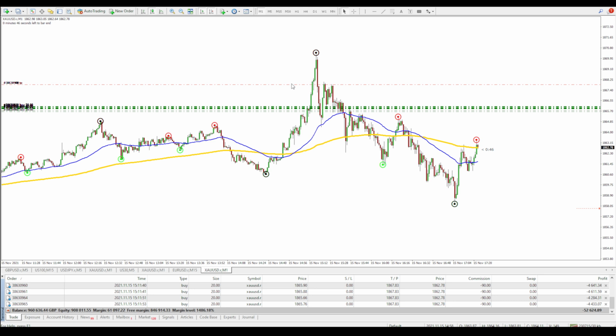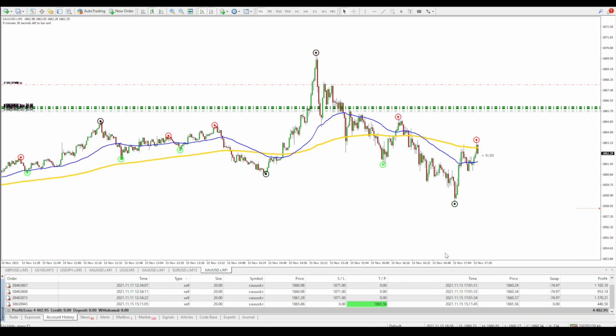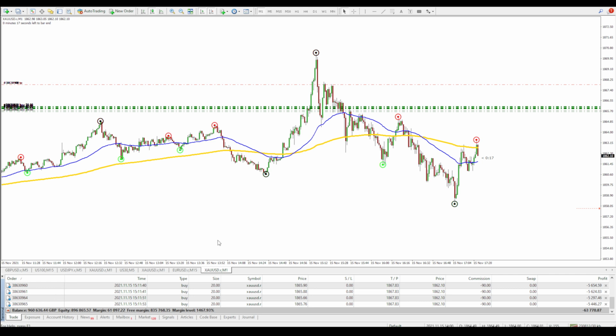Now it's a very simple system that we use just to prevent ourselves from losing trades. But then it went back the opposite way, and I closed some of the other trades, which left me roughly around £4,400 in profit. But hopefully this trade comes back up here and it hits my TP. If not, we would have to manage this trade and do what we do in order for us to protect our account. Now most traders will see this loss in their account and they would be panicking and